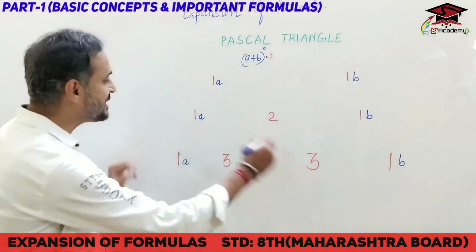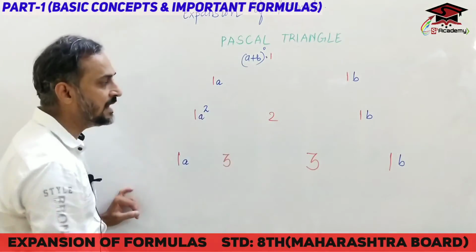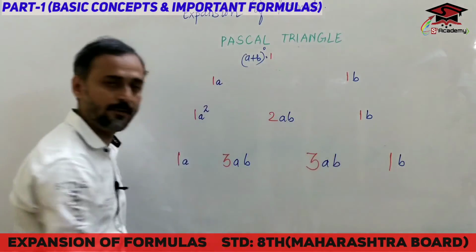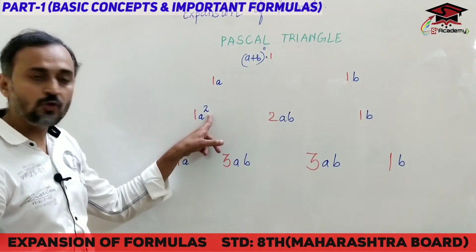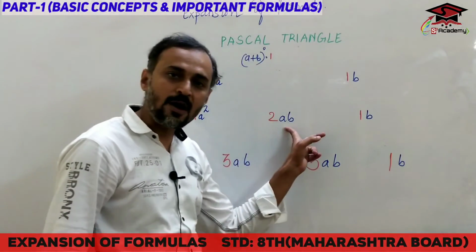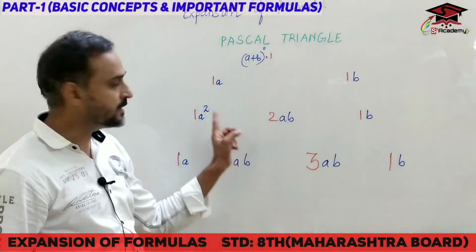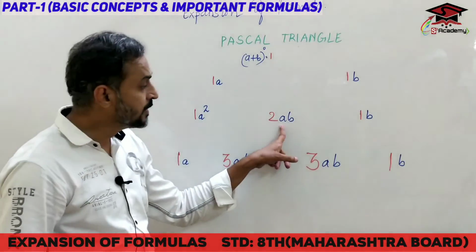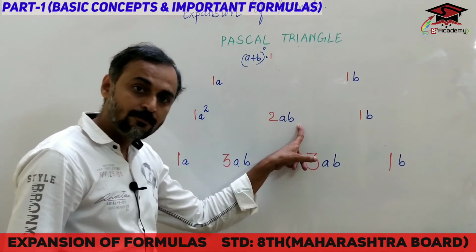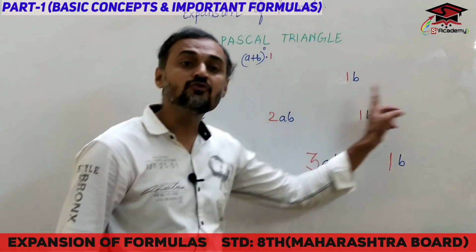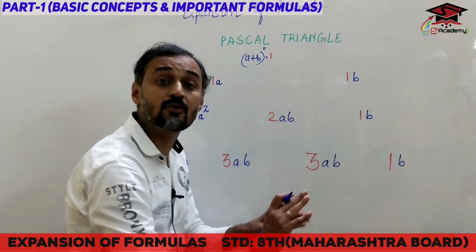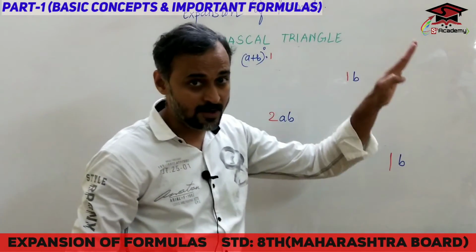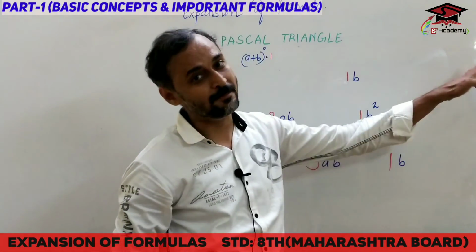Yes students, let me consider over here it is 2. I'll take ab over here, let me consider ab everywhere. This is considered to be ab raised to power 2, when it comes in the middle part of the formula. The power goes on decreasing, that means here it becomes 1. Then from here, let us consider the b, and when it goes to the extreme right-hand side, the power goes on increasing. Yes, the way in the exam you increase the level of your marks, the same way we are going to increase the power of b.